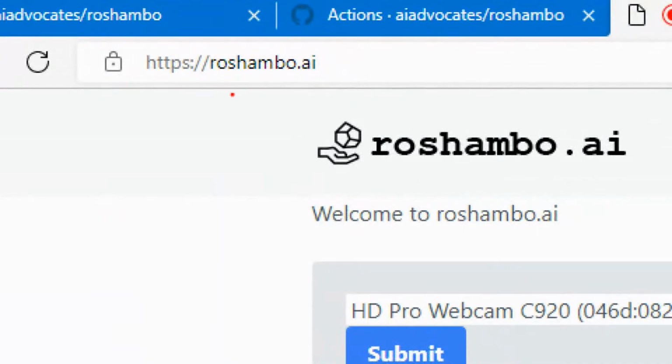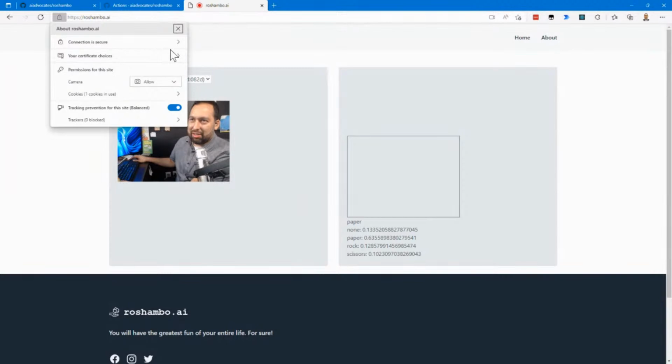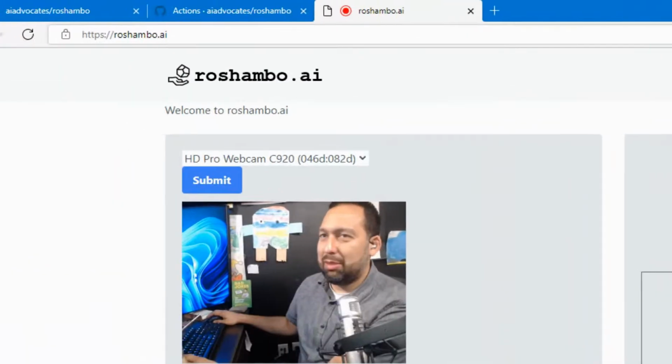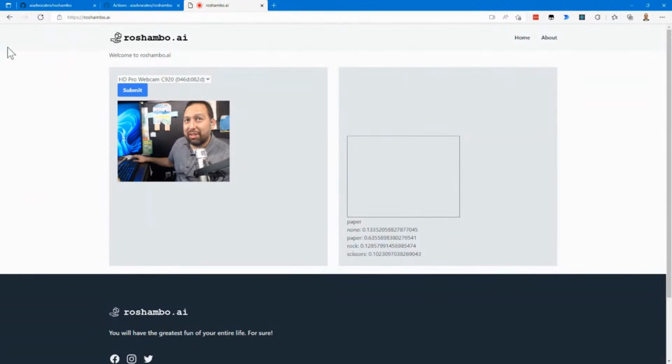But setting this up was a pain, because I had to get a certificate and everything, so that it would do HTTPS, because setting up certificates in app service is different. You can actually go there and try it out. It may not work for you because, again, we trained it on just images from my face.